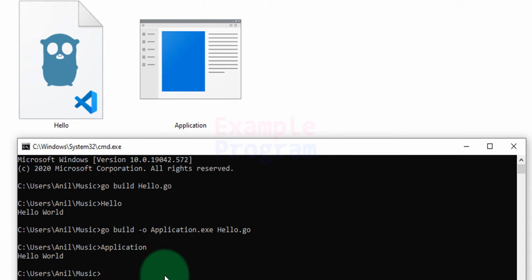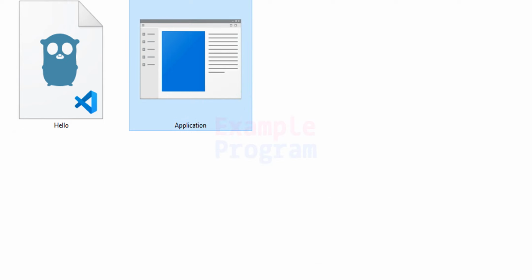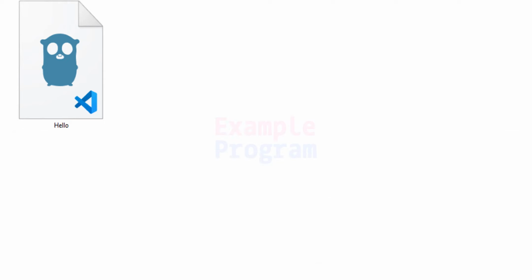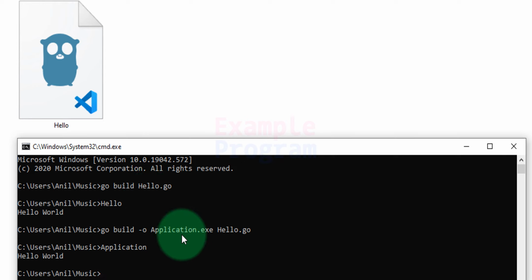Now here what we are doing is creating the executable file and then running that executable file. But sometimes we just want to see the output of the program and we don't need the executable file. For that, one particular method is available. To explain that, I'm gonna go to this folder and remove the executable file. And again, I'm gonna bring back the command prompt in here. And what we can do is directly see the output of the Go program.